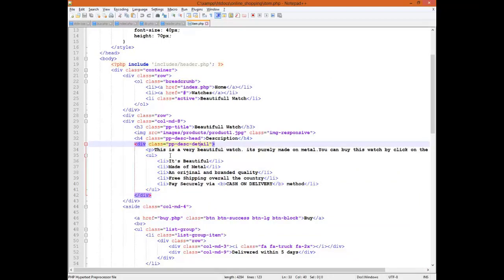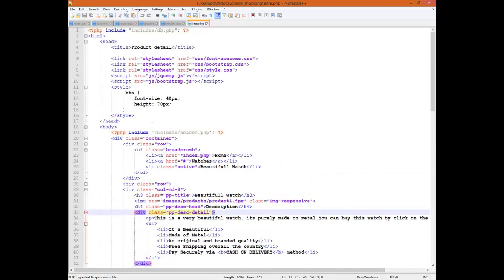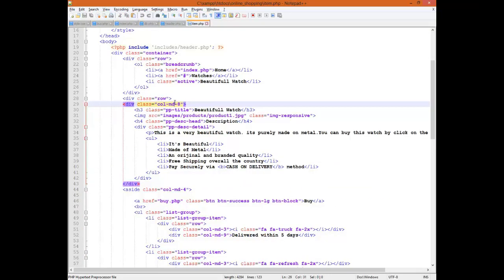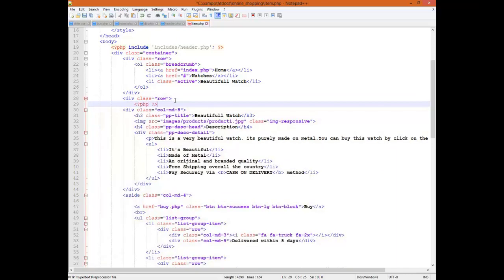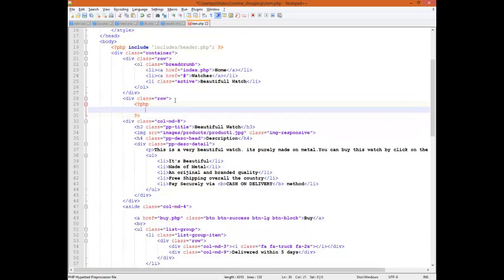Go to the notepad back. First of all, we have already attached the table and the database. That's pretty awesome. The breadcrumb and the category area, we're not doing right now. We're just going directly to the top of the MD8 here, opening the PHP